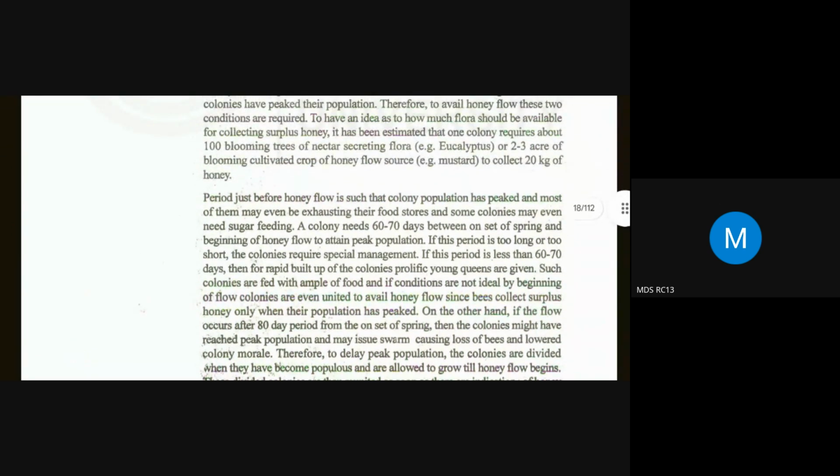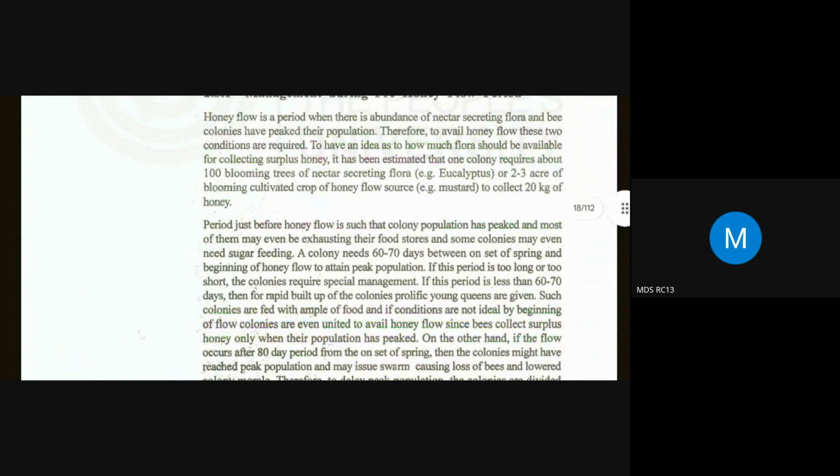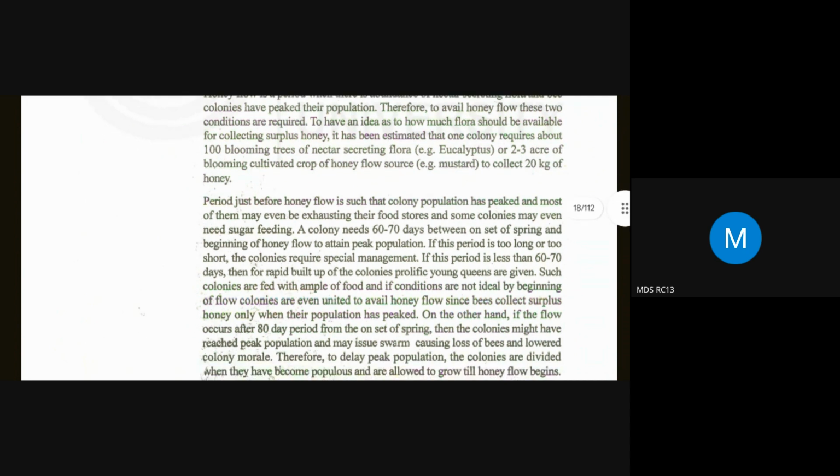These Apis mellifera need more nectar source as compared to Apis cerana. For Apis cerana, it is recommended to keep 2 honeybee colonies for every acre. Two bee boxes per acre is recommended in general, and that varies depending upon the flower source, that is crop species. So for Apis mellifera, as they are very